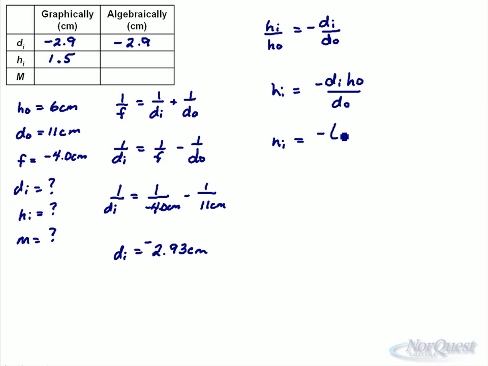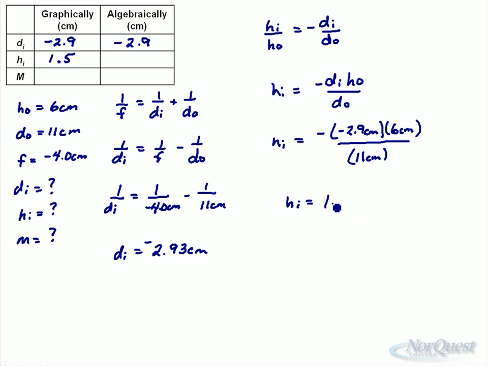DI was 2.9, HO was 6, DO was 11. Since this image was erect, we should end up with a height of the image as being positive. And again, the two negative signs make this positive. So 2.9 times 6 divided by 11 gives us